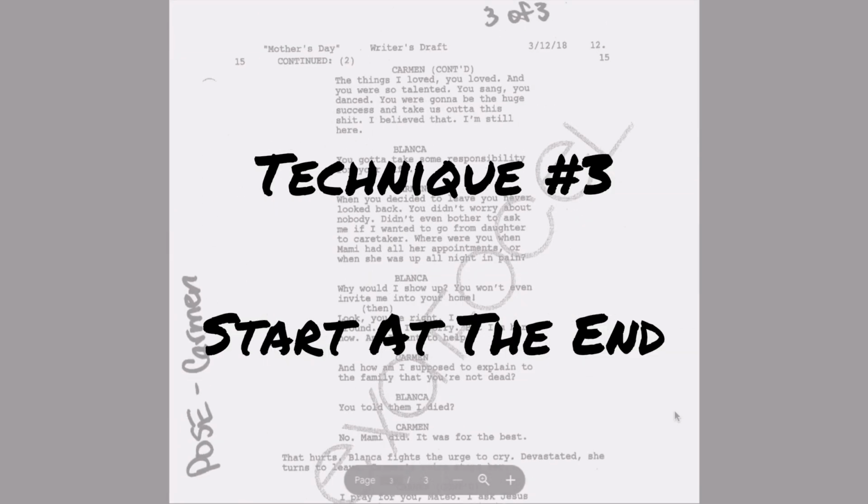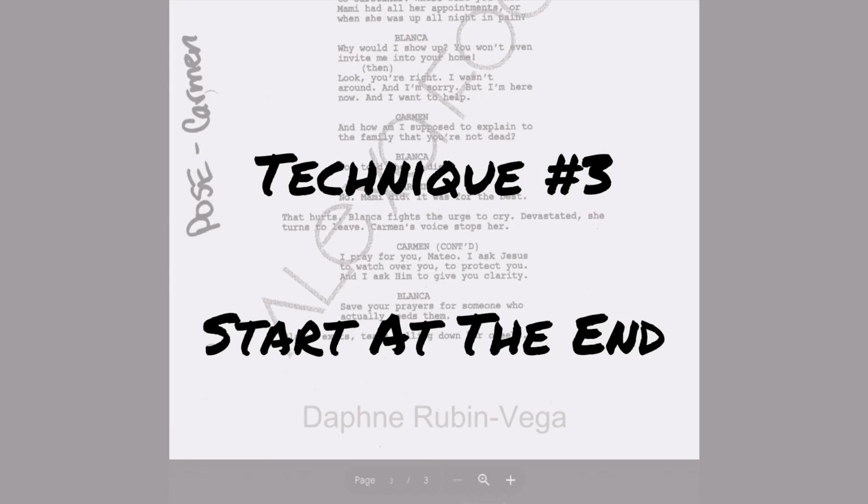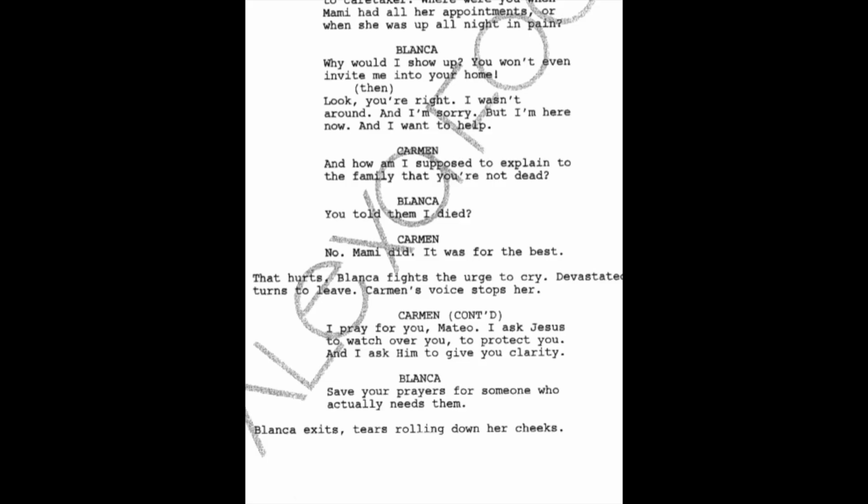Now this third technique I absolutely love and is a little counterintuitive. It's made all the difference in my memorization. Now what you're going to do is you're going to scroll down all the way to the bottom at the very end of the script. And you're first going to start with the last word, then the second to last word, then the third last